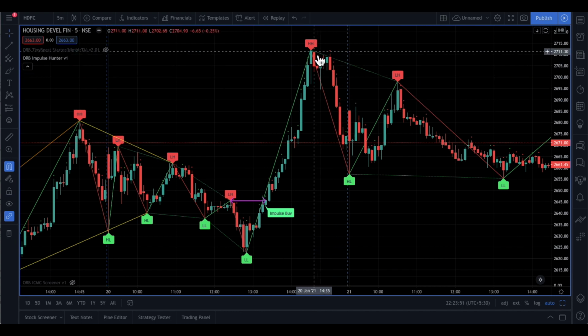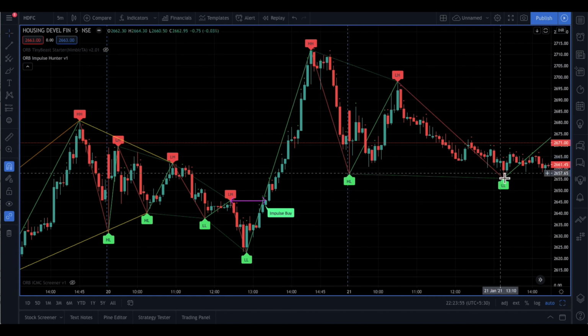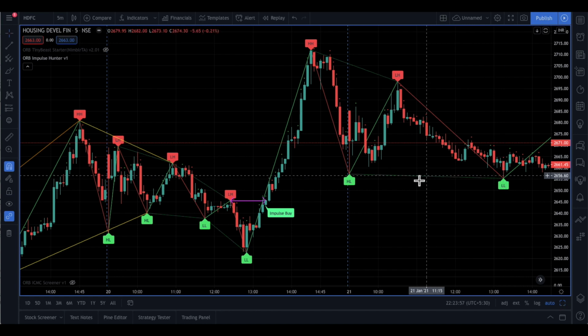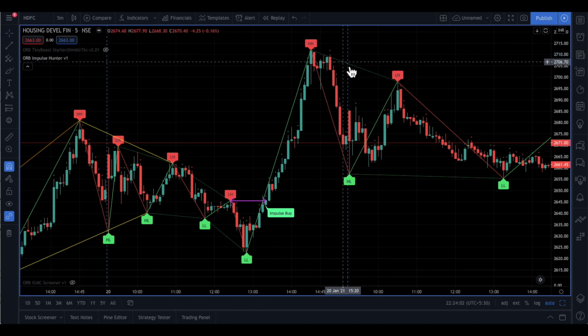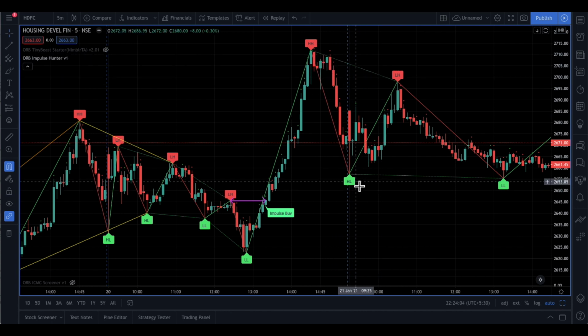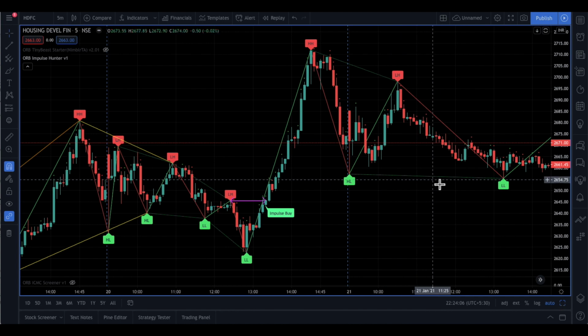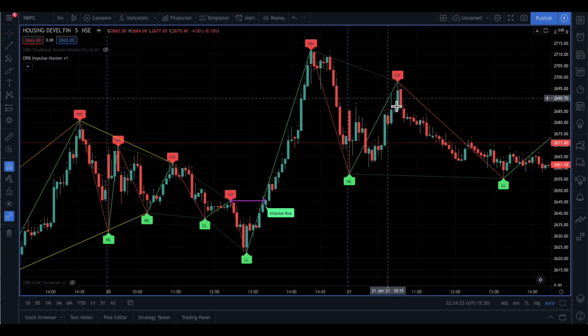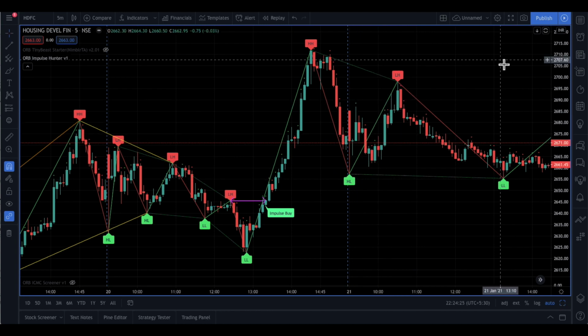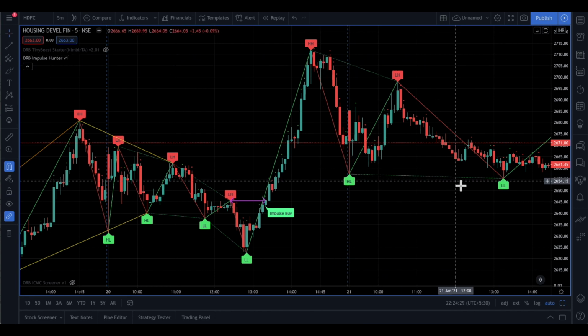So if you see these lines here, this is an example of a descending wave. So the moment a descending wave gets formed, it actually marks the descending wave with the help of two lines. If you see these green lines here, this is marking the descending wave with a green line, because descending waves will generally generate buys. So the moment this particular high gets taken out in the future, a buy will get generated. That's why I've used the color green. So it signifies that, okay, this is a descending wave and possibly a buy is coming somewhere.